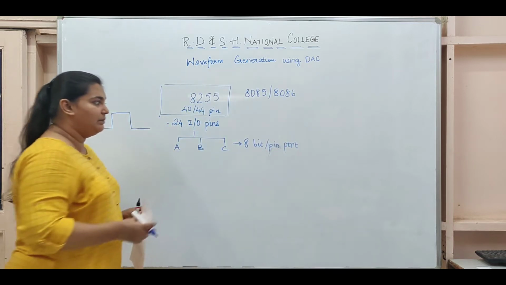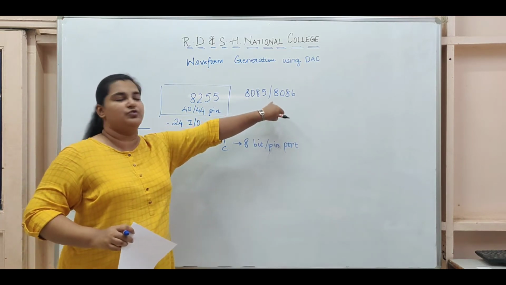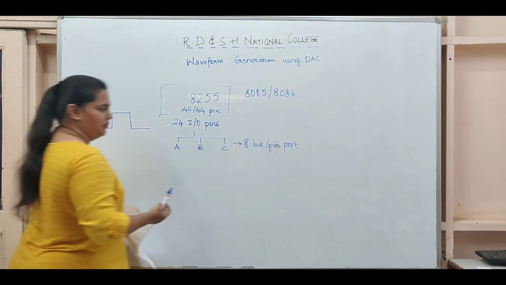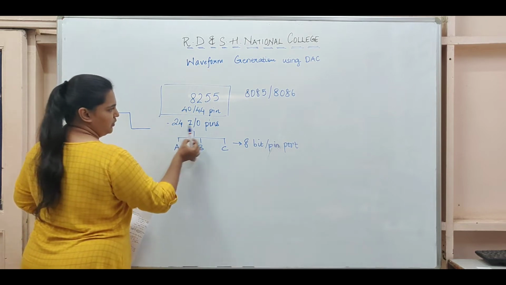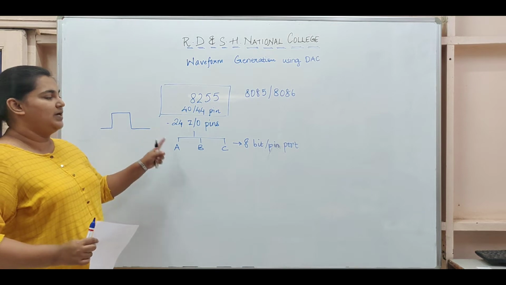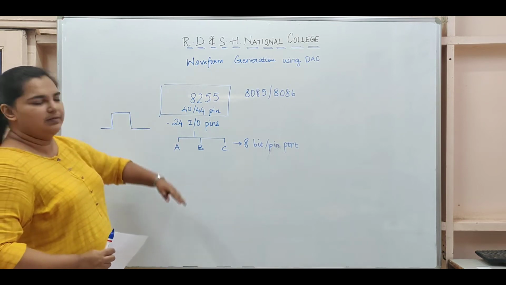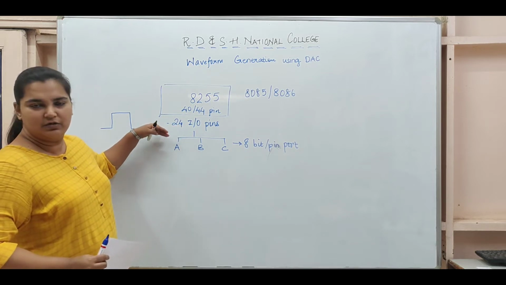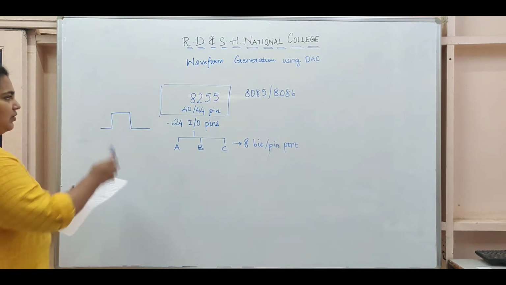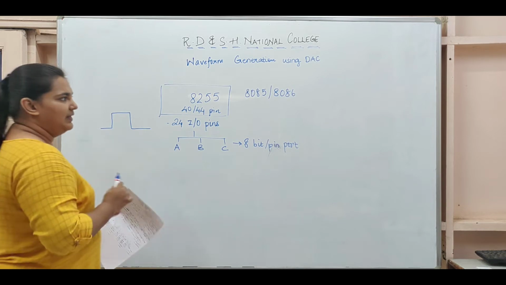The reason for it to be 8-bit is that the 8085 is an 8-bit microprocessor, and the same goes for the 8086. That is why we use 8-bit ports A, B, C, which together make 24 I/O pins. So I can connect 24 devices if they are 1-pin devices. Now the DAC is an 8-pin device, so that will require 8 pins, and you will be left with 16 more I/O pins to work with.